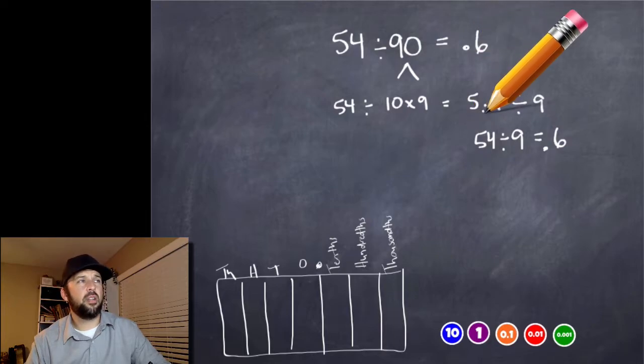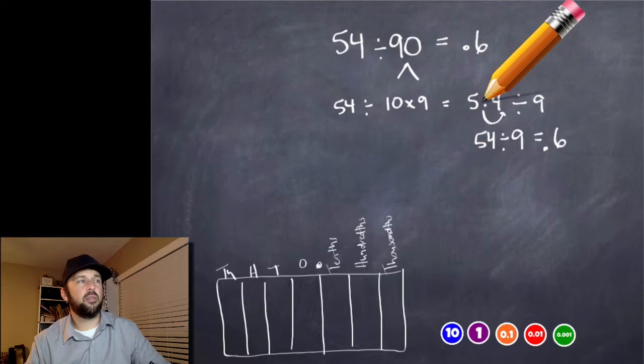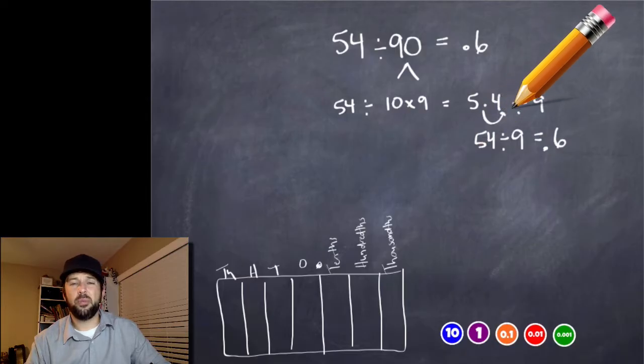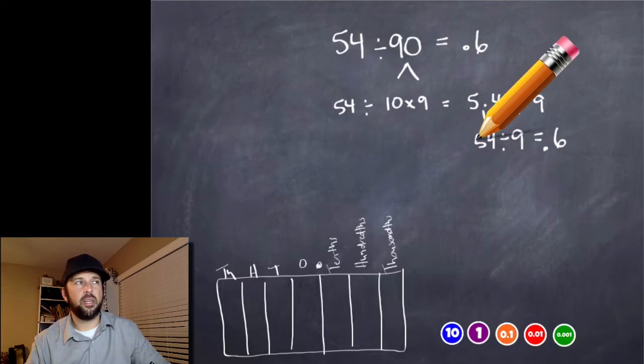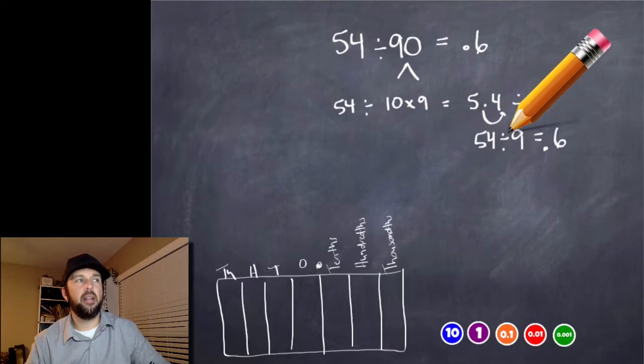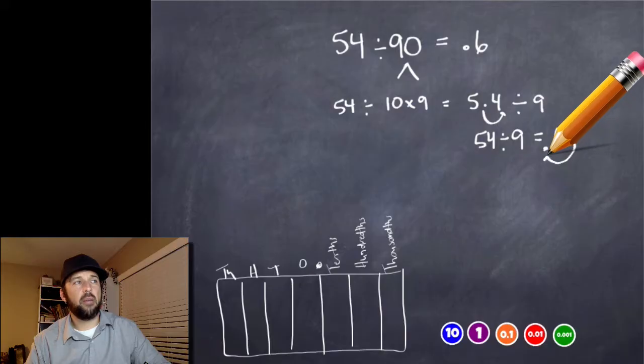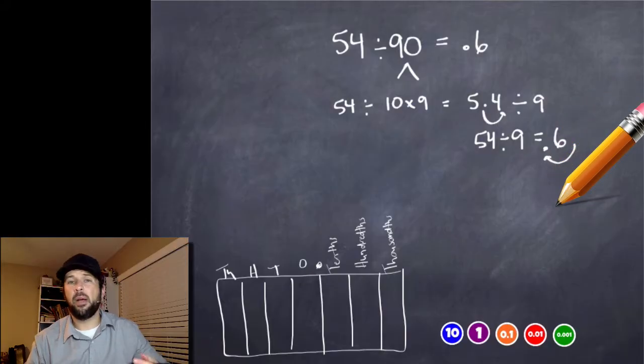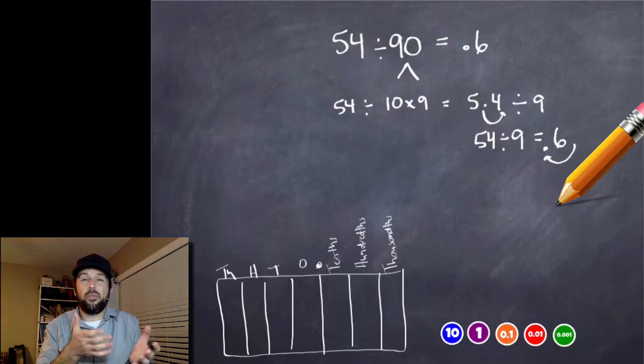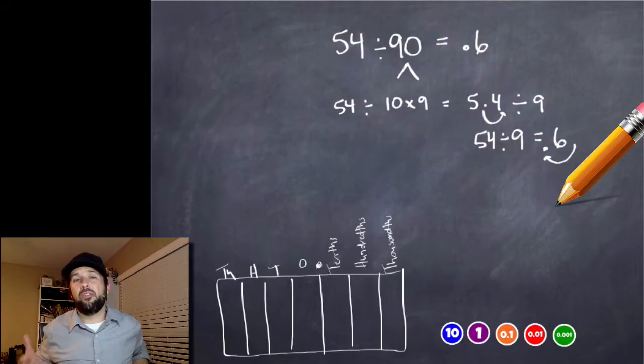All right, and again, just to do that decimal part again, because that gets a little bit confusing, I moved the decimal one place this way just to get it out of the way, to make it easier, so I could see this as 54 divided by 9. Once I got that answer, I had to move the decimal back one spot to put it back where it needs to be, because I can't just move it willy-nilly. I could do it for a second to help me divide, then I've got to put it back in order to make sure that my answer is correct.